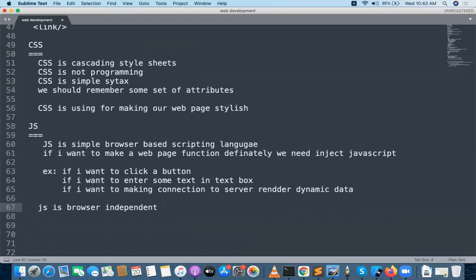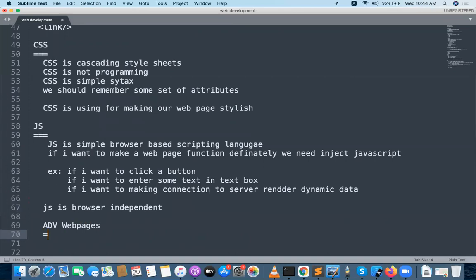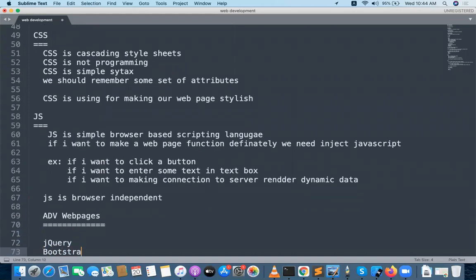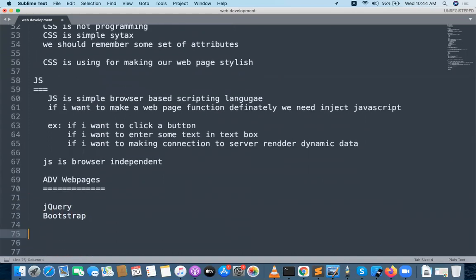When we understand HTML, CSS, and JavaScript, now we are moving to advanced web pages. Whenever we want to learn advanced level web pages, we need to learn many other technologies like jQuery, Bootstrap. Suppose I want to use jQuery UI, jQuery mobile.